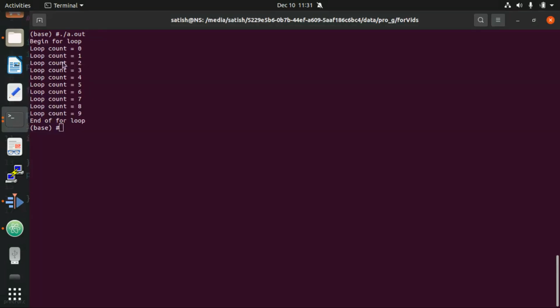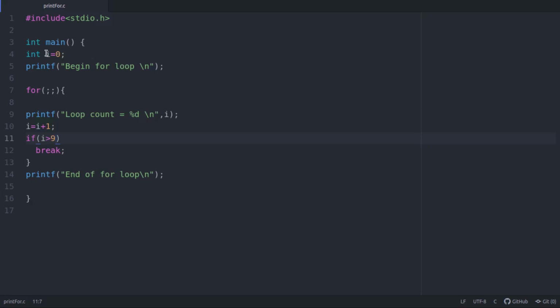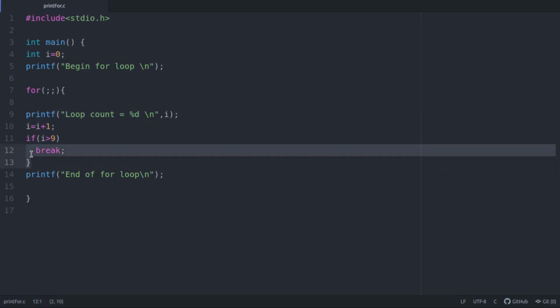So it comes into the for loop, value of i is 0, prints the value of i, increments the value to 1.